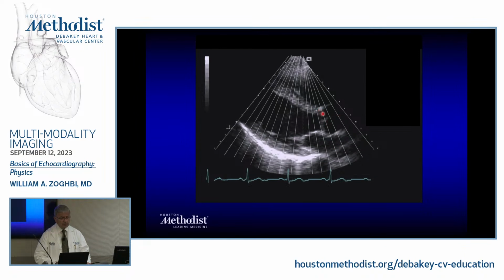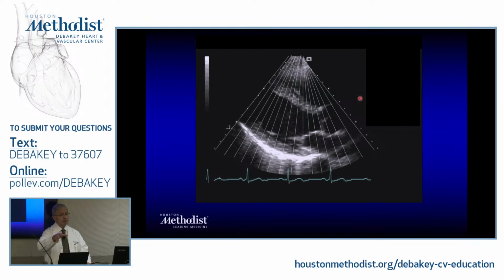But the way the image is constructed is, I have this close to this, close to this, close to all this, and how do I reconstruct it? Well, I know the speed of ultrasound in the body. If I send it out and it goes through blood, and then it hits a certain reflectant structure, for it to come back and be registered by the transducer itself, is going to take some time. And that's how I know depth. Depth is solving an equation of when this reflectant image came back, how long did it take?